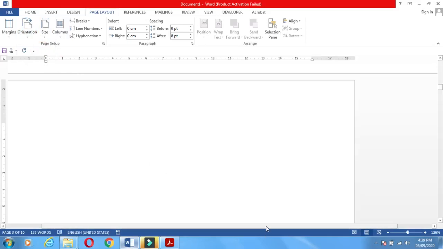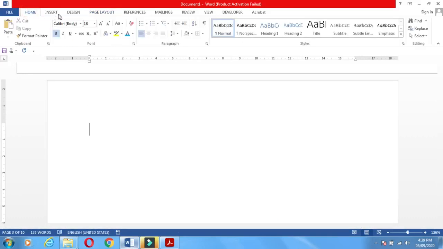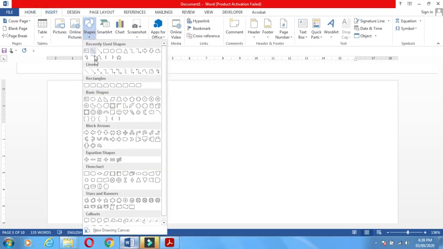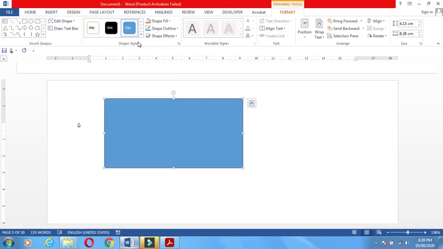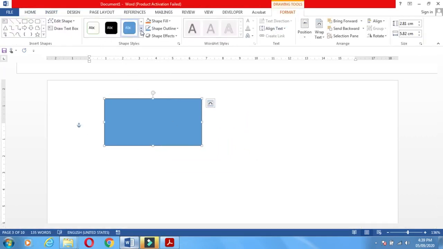Here are the different shapes, line, box. These shapes you can utilize. Now this is the square shape. It is completely filled. Here are some shape styles. This shape style you can utilize. Again you can use a different, blank shape style.